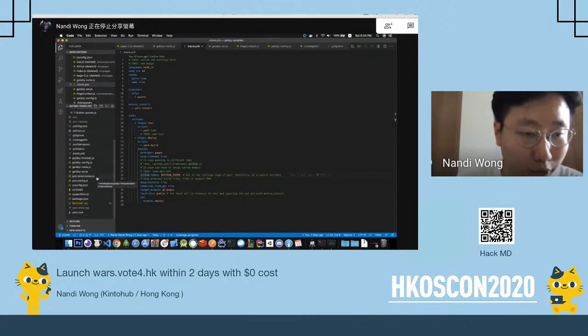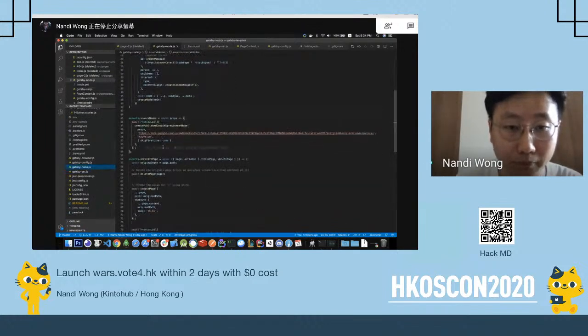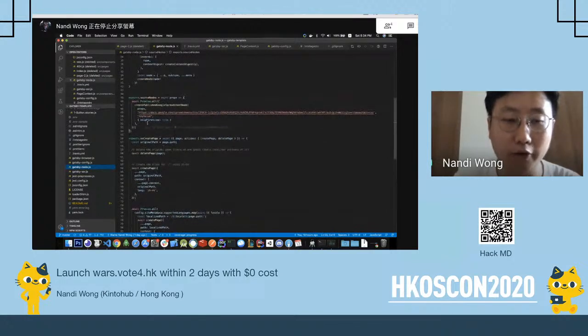So I want to show you how I fetch the data from Google Spreadsheet. This is the code for Gatsby. You can see that we hook up the Google Spreadsheet here, which is a public Google Spreadsheet, and then we fetch the data there and name it key value. What it means is that we fetch data from the Google Spreadsheet and then put it into the nodes